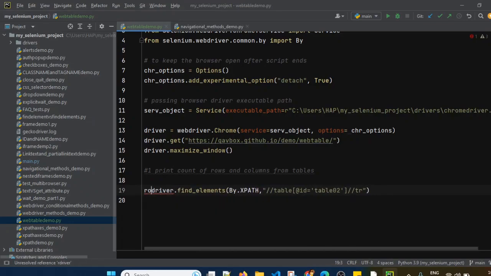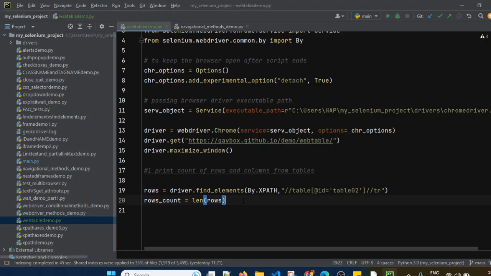So it is redirecting to multiple web elements which are basically inside the TR tag. So it is finding all the TR tag web elements. We want to find out the count of it. So how to find the count of it? I will simply use rows_count equals to, by using the length function. Inside the length we can simply pass this rows web element which contains all the TR tag web elements, and we are finding the length of these rows.